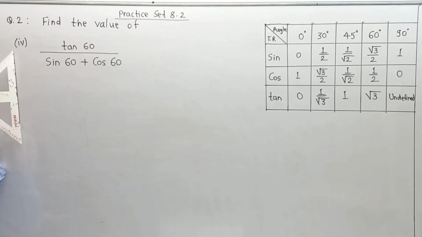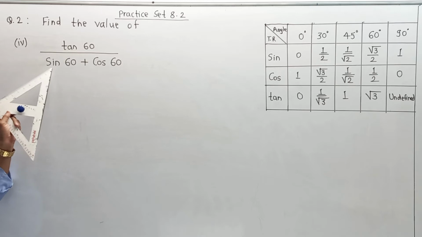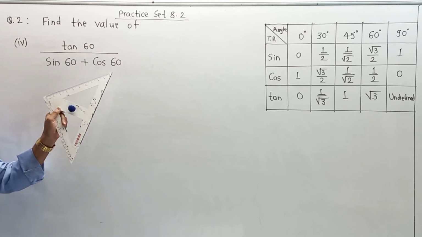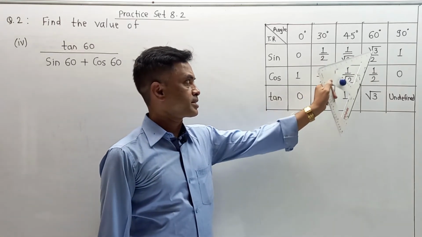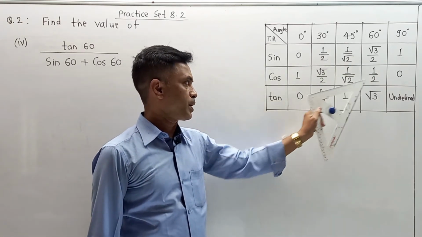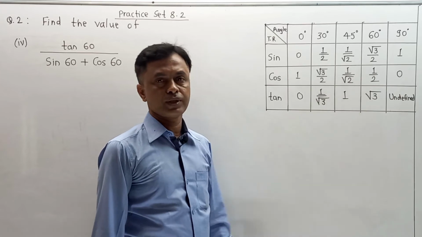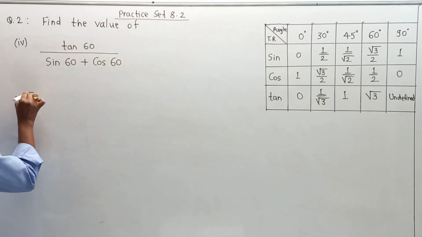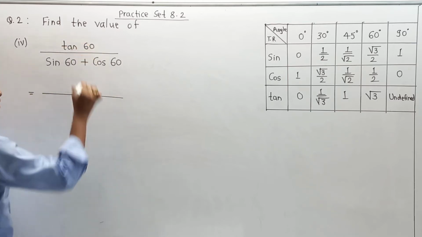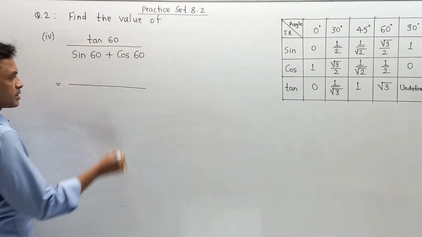Now the next numerical, question number 4: tan 60 upon sin 60 degree plus cos 60 degree. We know all the three values from our table: sin 60 is root 3 by 2, cos 60 is 1 by 2, and tan 60 is root 3. Putting those values into the respective calculation, the numerator is tan 60. So the value of tan 60 is root 3